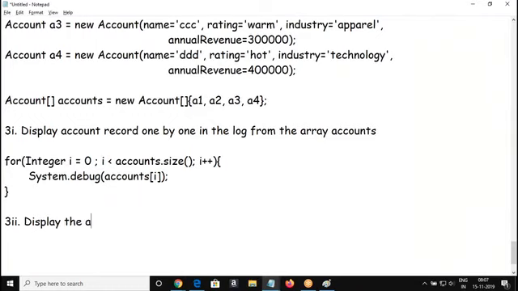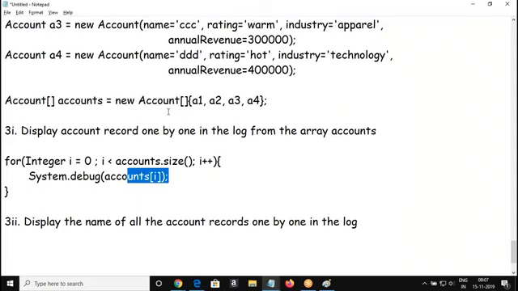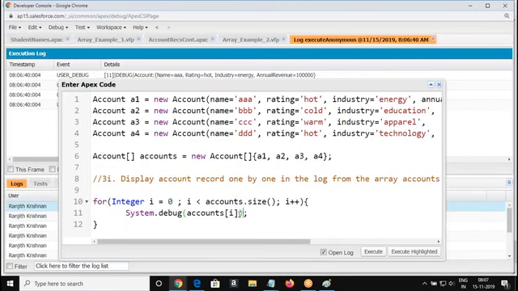Now display the name of the account. I need a name this time, not the account record. I need the name alone for every account record. This will display one account record.